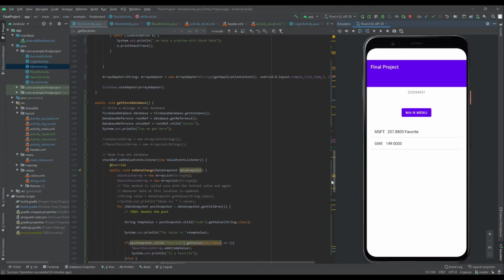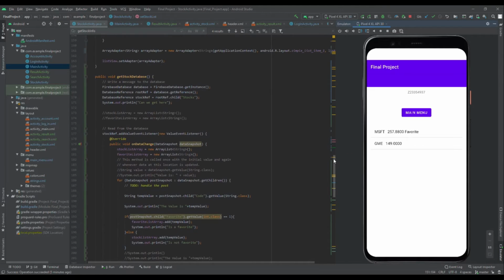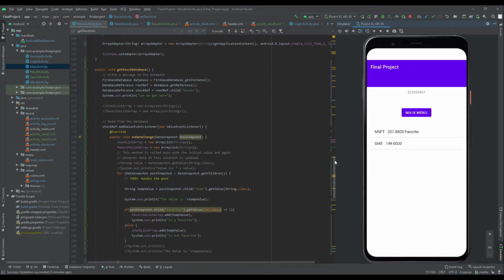Okay, get stock database gets the information from the Firebase. So here we get the instance, we get the root reference, and this is the stock reference. So the stock ref, whenever data changes, which happens once when nothing changes, and once every other time it happens, then we create two new arrays,